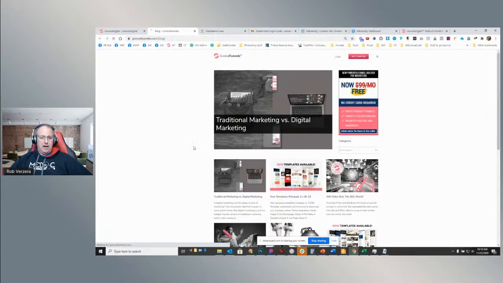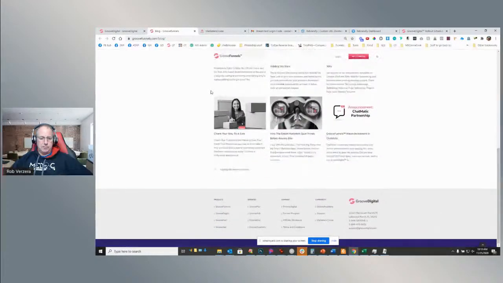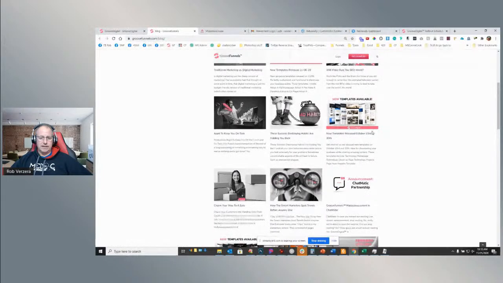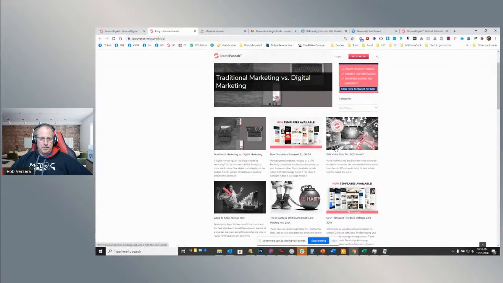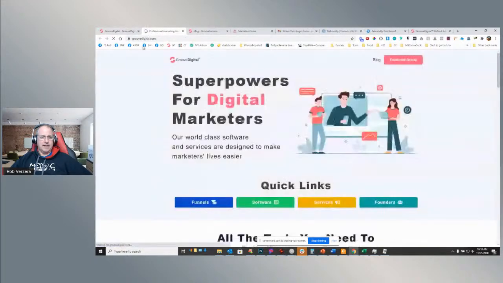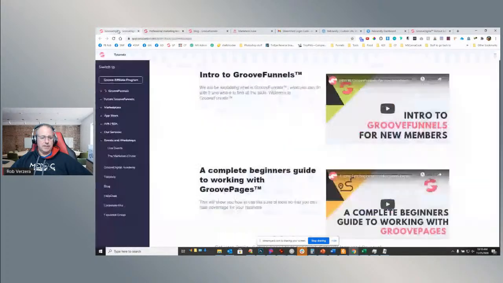And then in the blog, this is essentially just the GrooveFunnels blog page. So they have a whole bunch of stuff up in here. You can see, it looks like they publish about every week or so. And then you have your help desk, and then a corporate site. This is actually the main Groove site right there. And then the Facebook group will take you over to the Facebook group. Right, pretty self-explanatory. So what we're actually going to do here is let's actually dive in